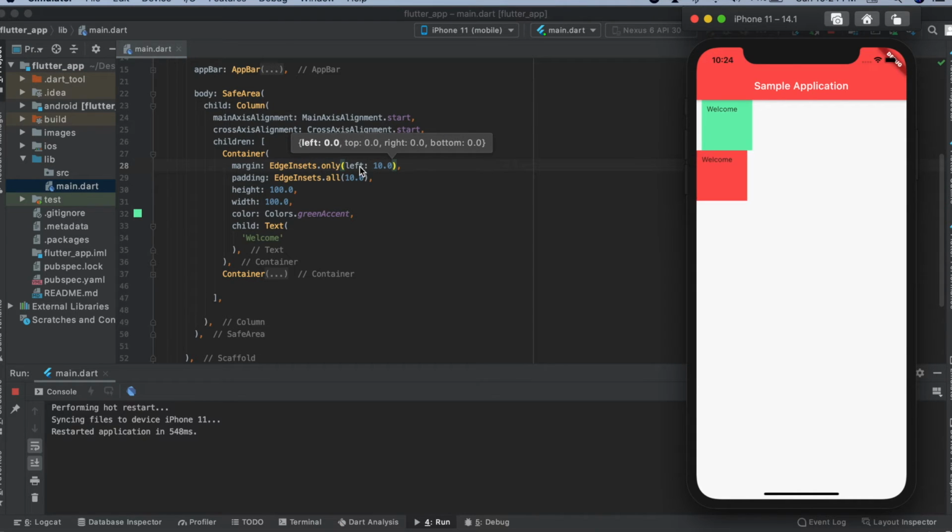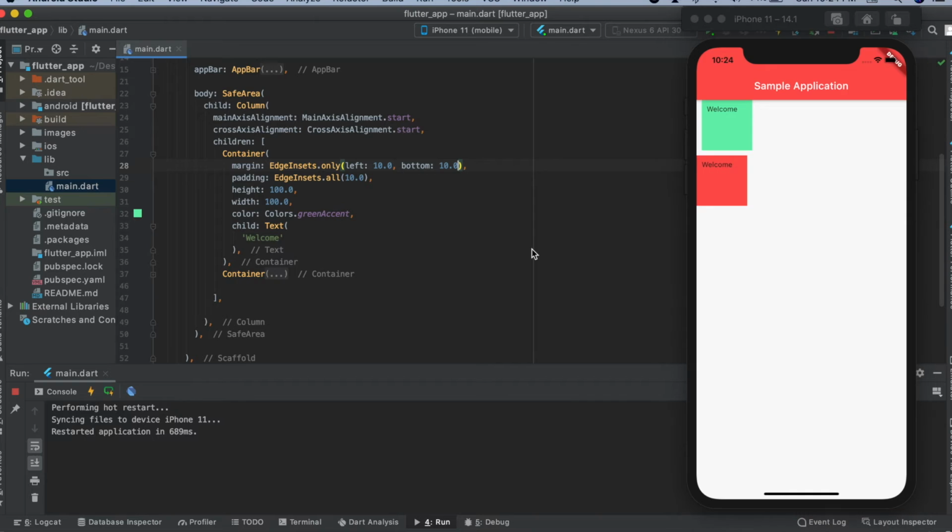So see the difference. The space would be created only from the left. If I keep it from the bottom, then the space would be created from the bottom also. And if I keep it from the top, then space would be created from the top also. Suppose I have some other widgets over here, then also the space would be created from this widget and this. I'll keep it like this only.